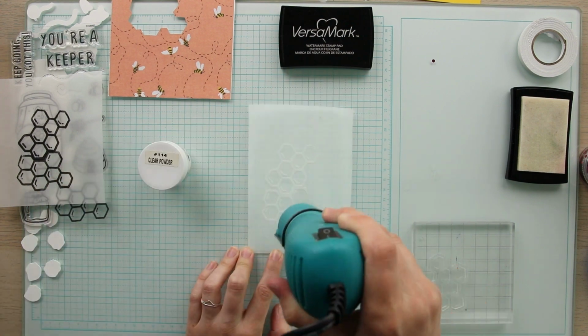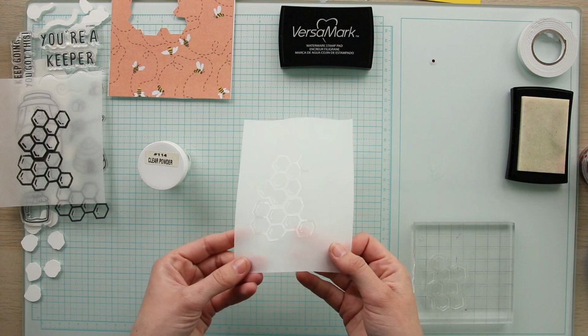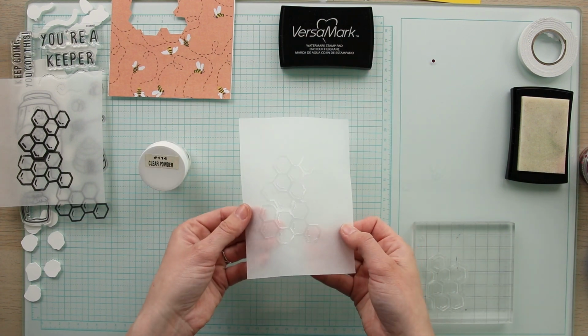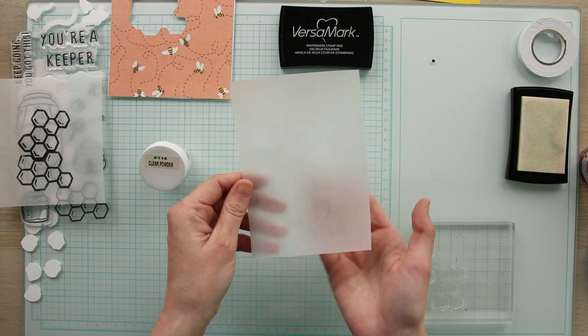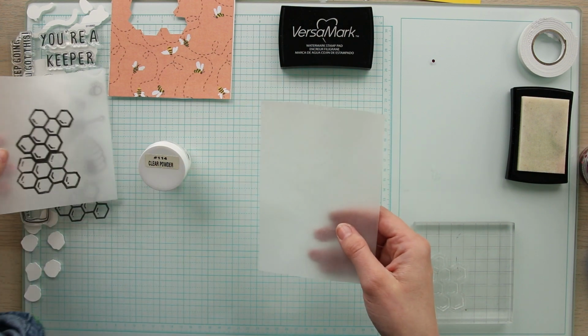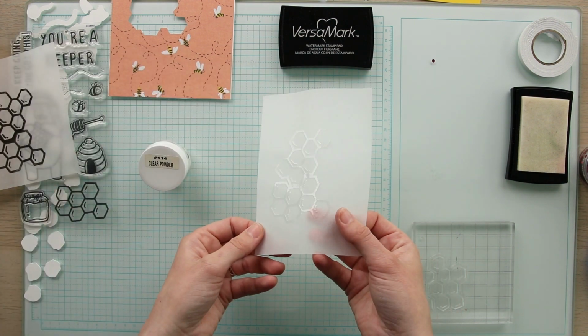And then it's kind of hard to tell, but by using the clear ink and the clear embossing powder, it just adds a little dimension and just kind of a shadow almost of that honeycomb print, because we still want to be able to see through the vellum to what's inside the shaker card. And I thought the black was just a little too distracting, so that's why we're going with the clear embossing